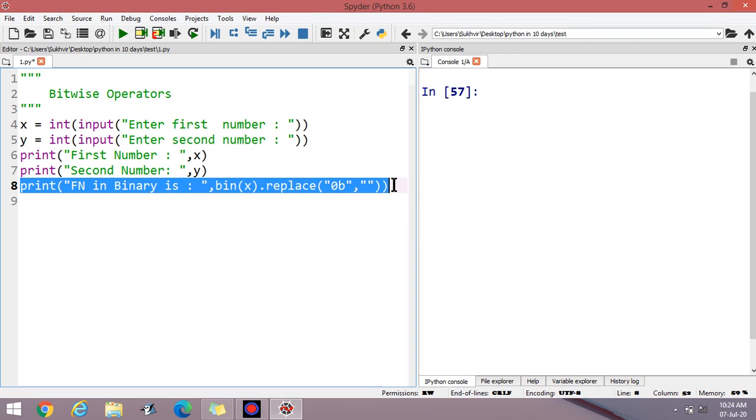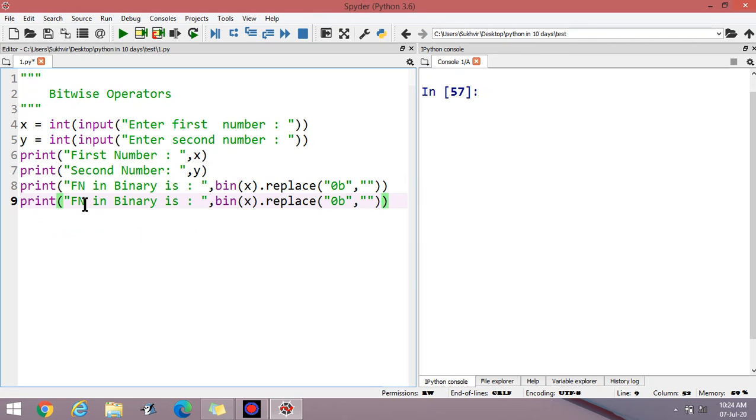Now copy and paste the content here. You can write second number in binary, here you can write y.